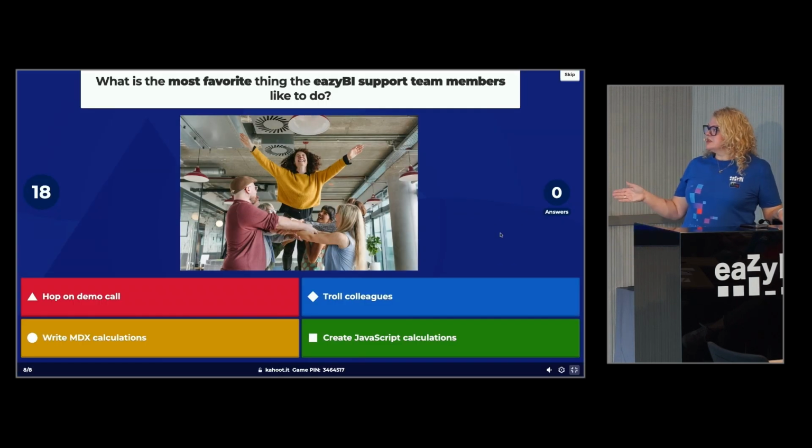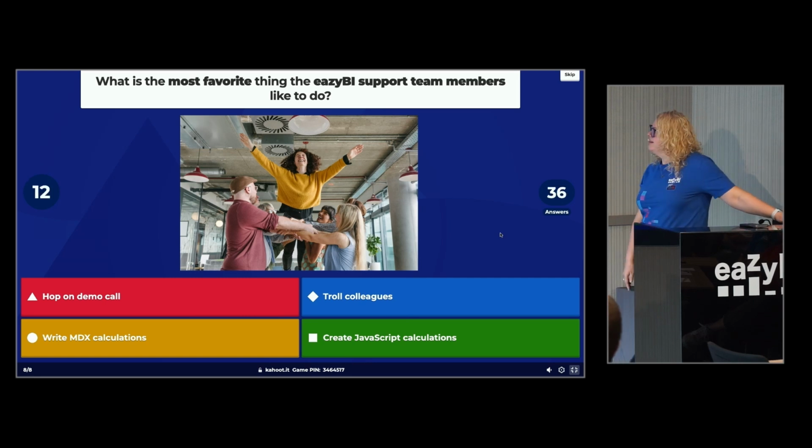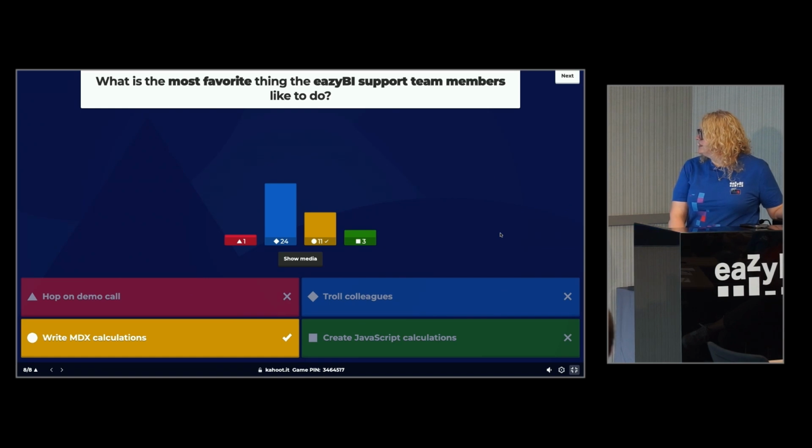Hop on demo calls, write MDX calculations, troll colleagues, create JavaScript calculations. So, write MDX. Yes.